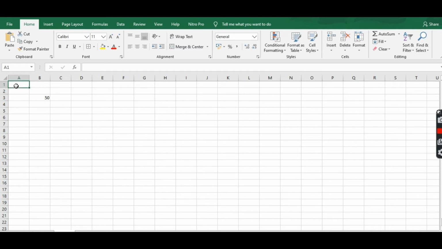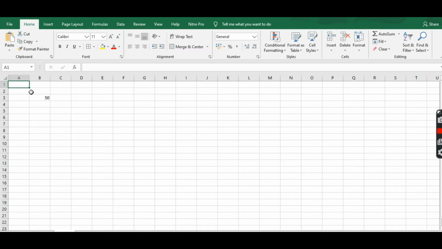According to this cell, the cell address is A1. Now in MS Excel, the first cell address is A1, which is the cell in column A and